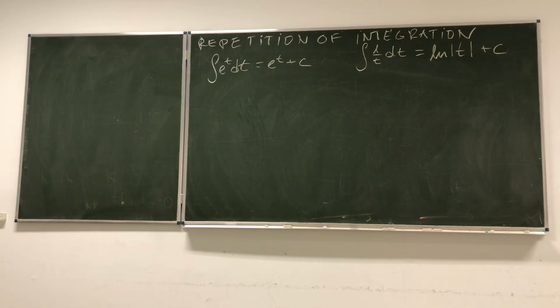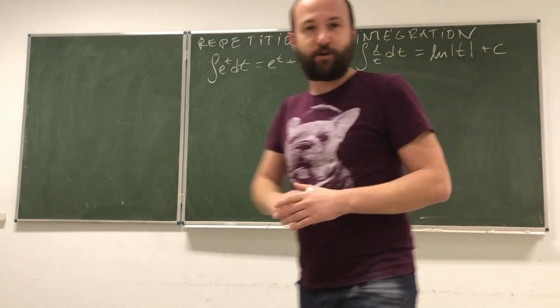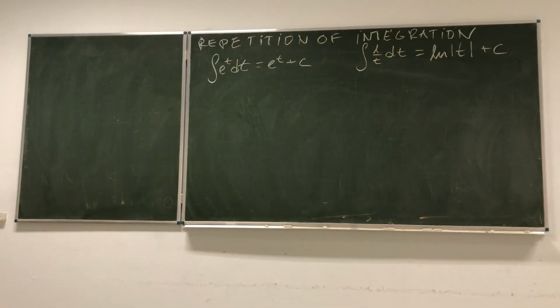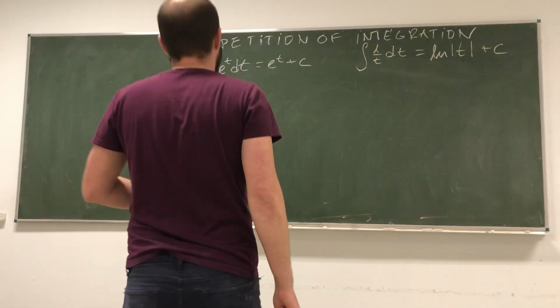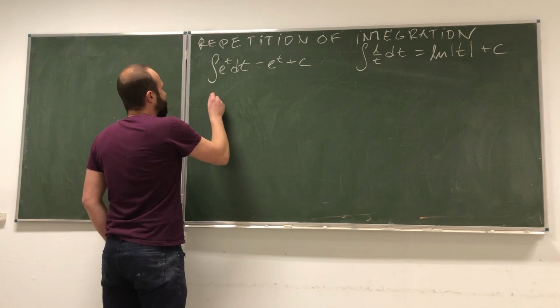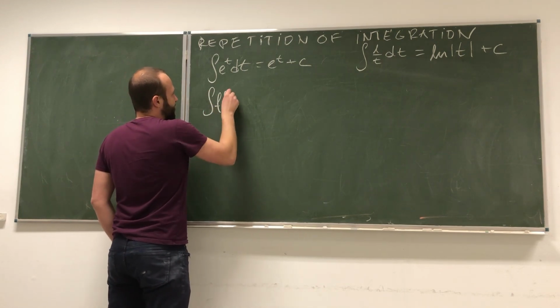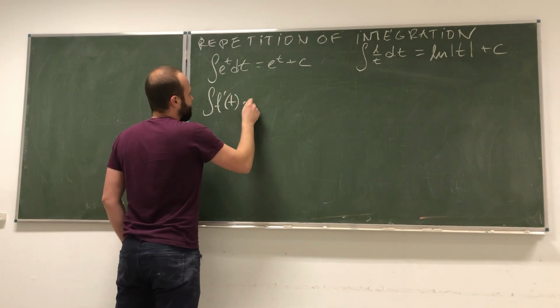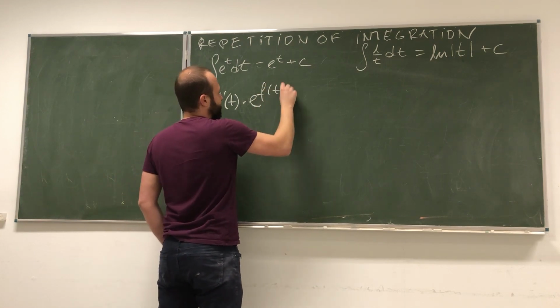But remember that in our economic application, t is time, when time cannot be negative, unless you treat something as a point in time and then you count backwards. But usually we will not need this absolute value of t. Okay, then we've got the formula that f prime of t times e to the power f of t